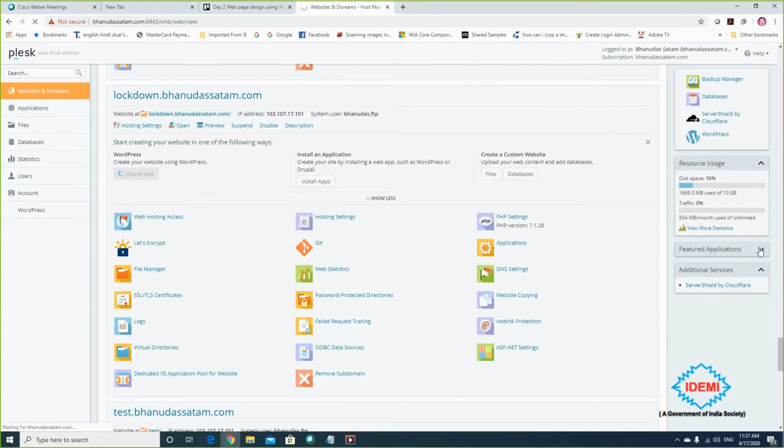In that applications feature you will see Drupal, WordPress and Joomla. These are some more frameworks; instead of WordPress, if you want to try Joomla or Drupal, you can install those frameworks on your hosting server.